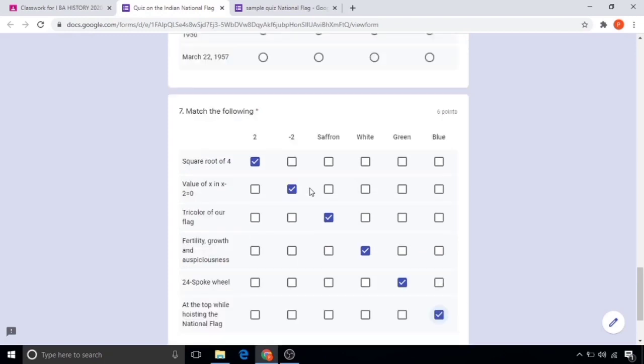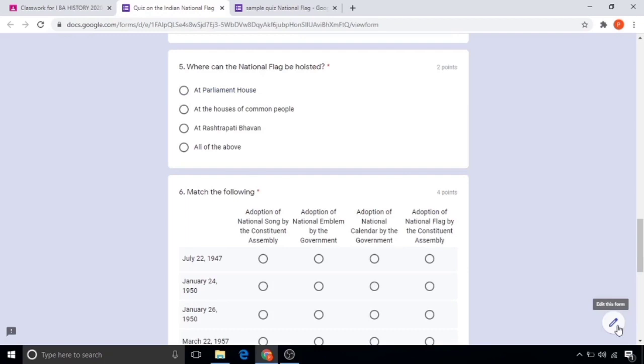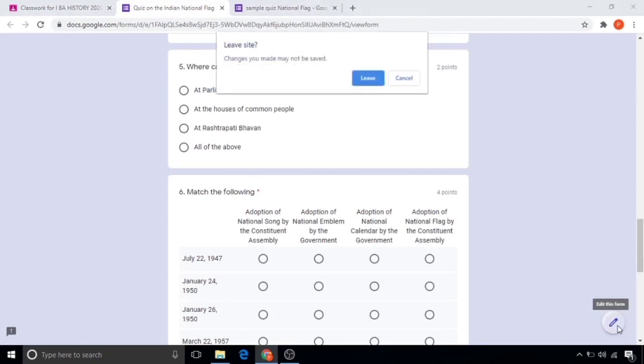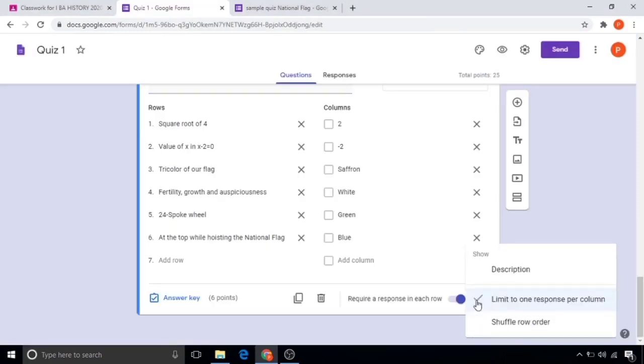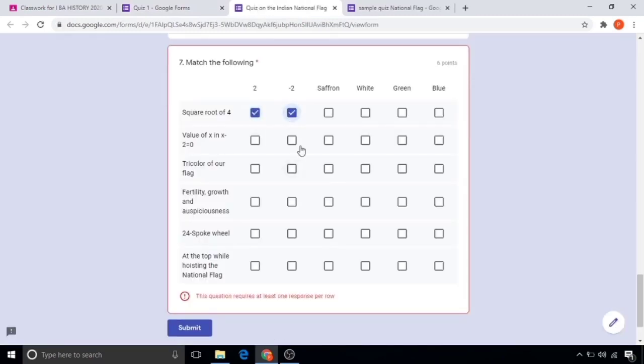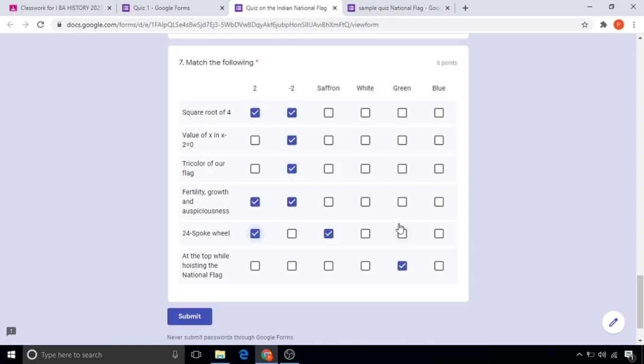Only difference here is square instead of round. But it behaves like a multiple choice grid. So I will go to edit mode and remove the selected option to use its special feature. In square grid, deselect this one. Now you can see multiple answers to one question like this. Hope you understand the difference.